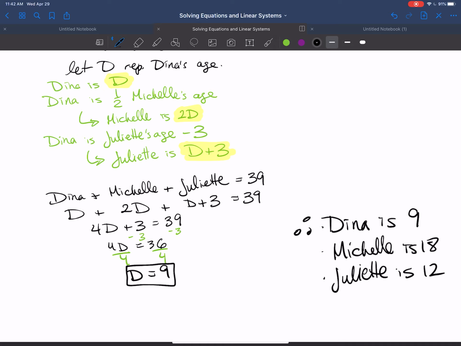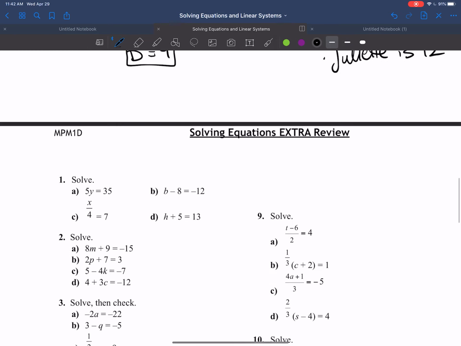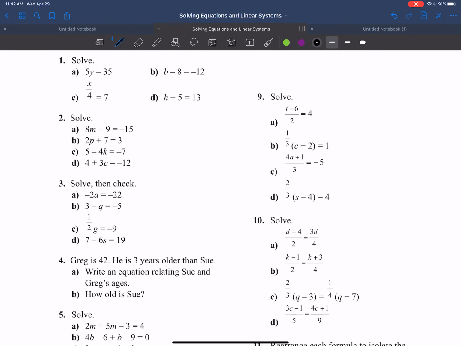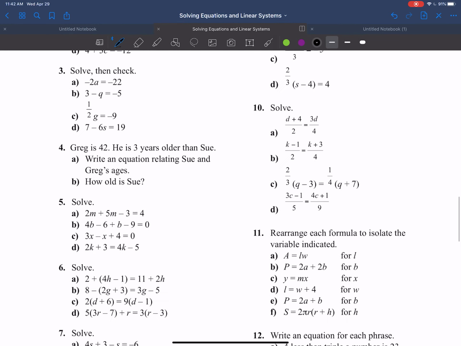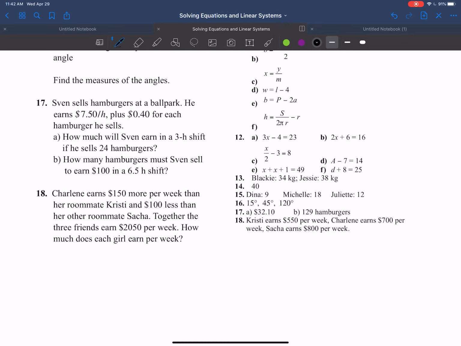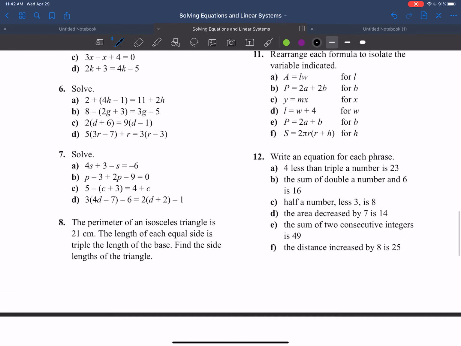Okay, so these word problems take practice. I've included some practice down here. Please go over 1 to 10 if you have time. So that's practicing what we did, or 1 to 11 actually. That's what we had done last week, but it's good to review that because you need to know it. And it's going to be on our assignment for this week. And try to go over these word problems. The answers are here, so you should know if you got it right or not. Okay, see you